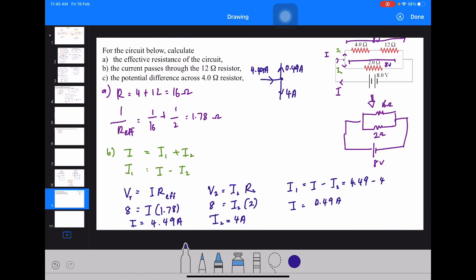So if you want to find the current that passes through the 12 ohm resistor, it will be 0.49. So that one is equal to the I across the 4 and the I across the 12. I have to write pass through. Therefore, I pass